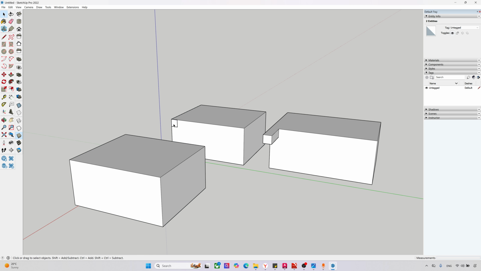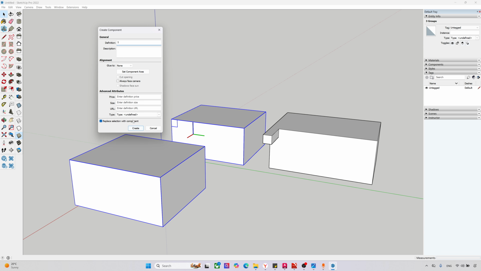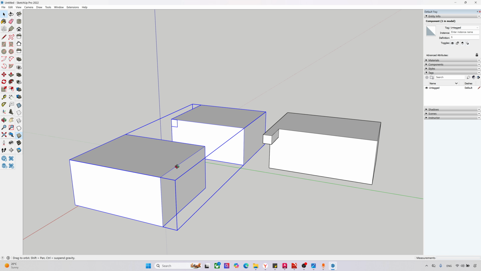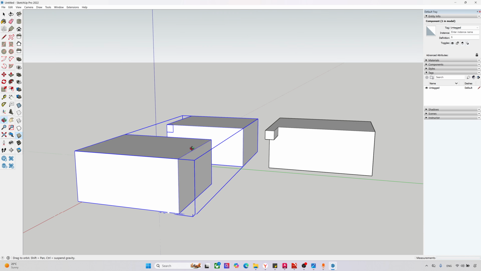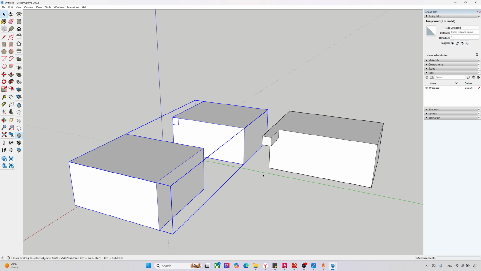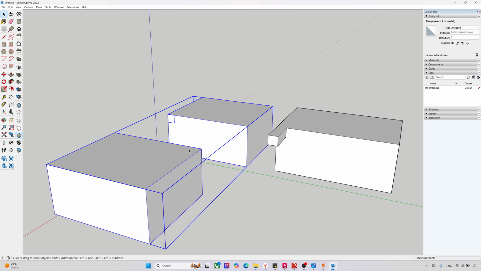For example, let's group this item as well. Triple click, make a group, selecting this and creating a component, giving name one. Okay, this is a component. This is one set, not a single object, guys. It is not together right now, not a joined object as we had in a group. For example, if I need to explode it and select this, you can see this is still a separate group object,